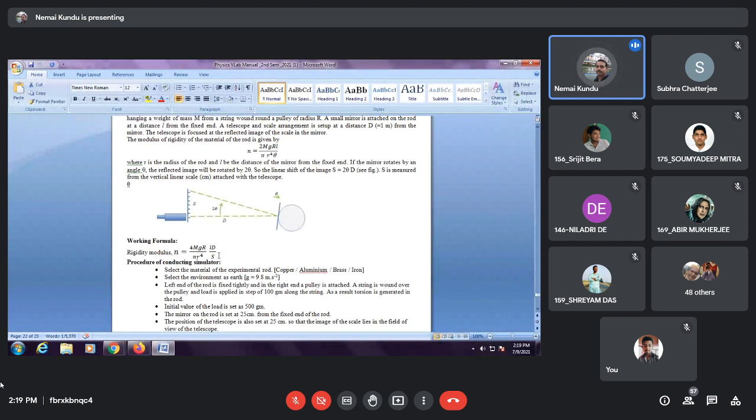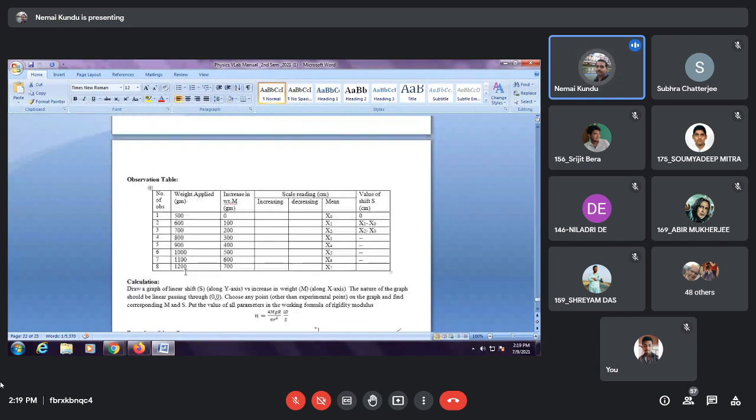There is no vernier scale, only one meter scale, and also there is no need to focus any tip of a pointer. Just apply the load and the change of reading should be taken from the scale. The table is similar to the one already done on the previous day, but here the starting load is 500 gram. At this starting load of 500 gram, the increase in weight M is written as 0. That is your reference.